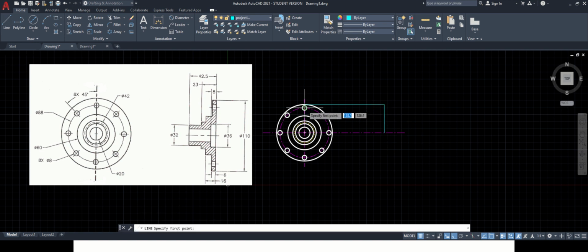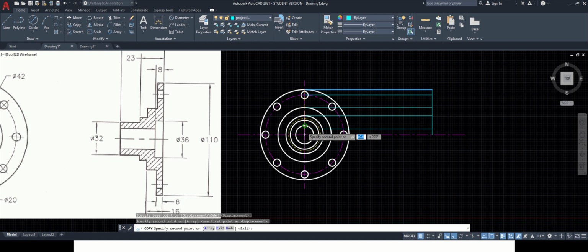So again line command, first only center I will take projection of. The next projection I am taking of this thing. Next projection, or either what you can do is you can select the line, use copy command, specify the base point and click on all the lines whose projection is to be taken.